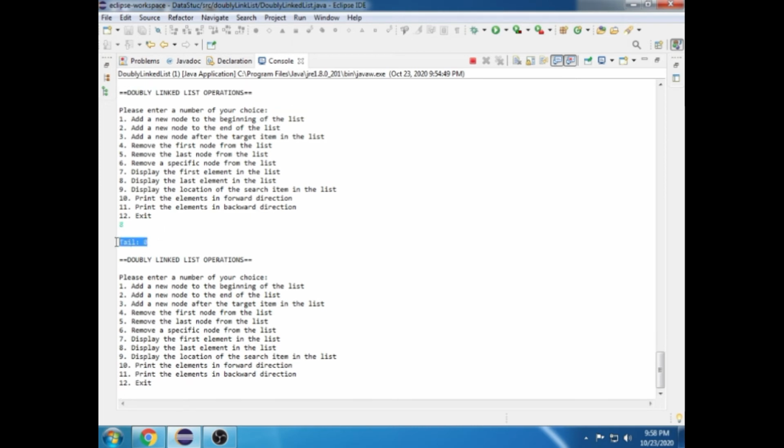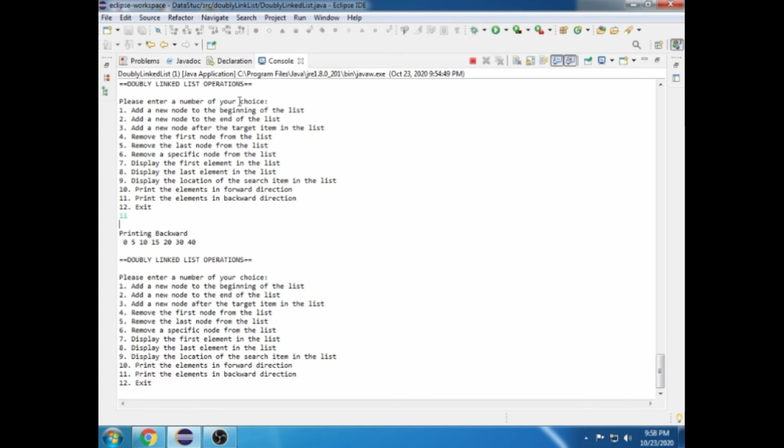The tail is 0, which is true. Now I want to display the elements in backward direction, which is choice 11. The backward direction is the reverse of the printing forward, which is 0, 5, 10, 15, 20, 30,